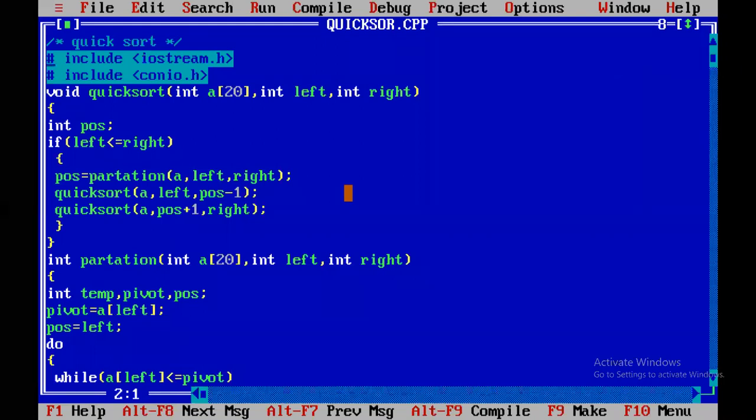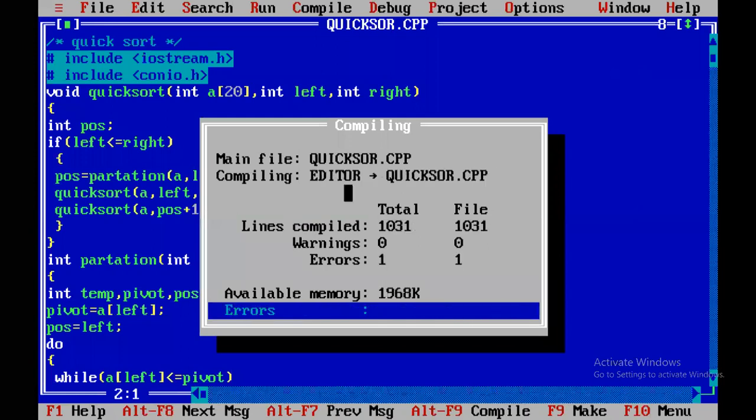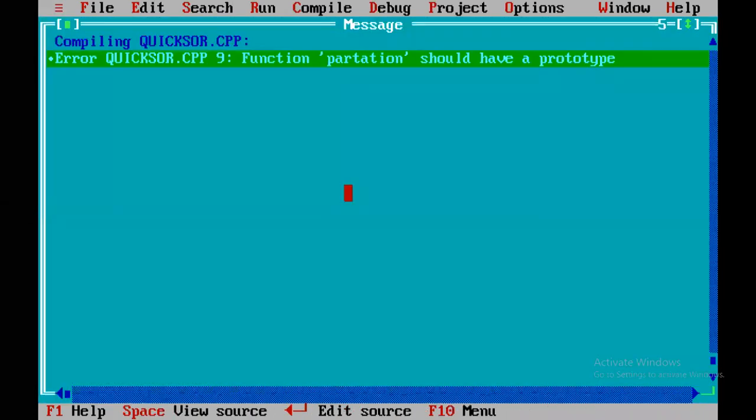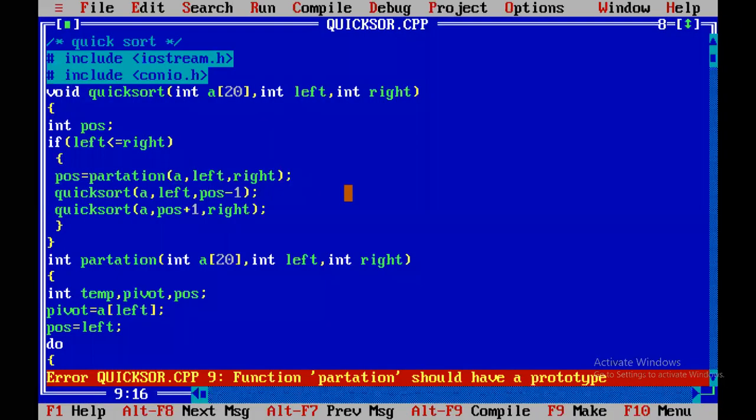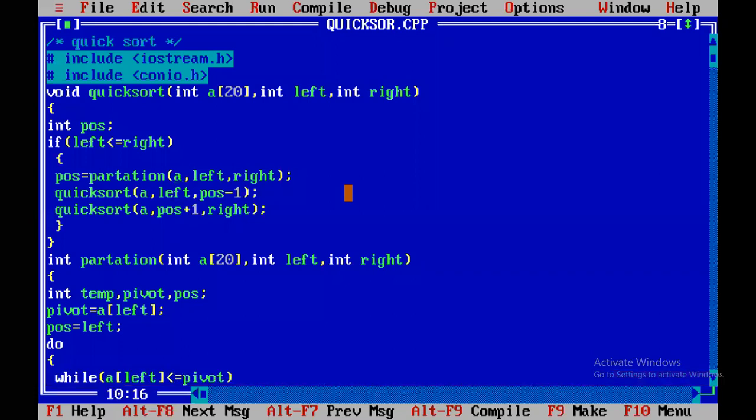So if you compile the program, I will get one error. See, function partition should have a prototype because the partition function is called in quicksort. That partition function should always be above the function. That's why.